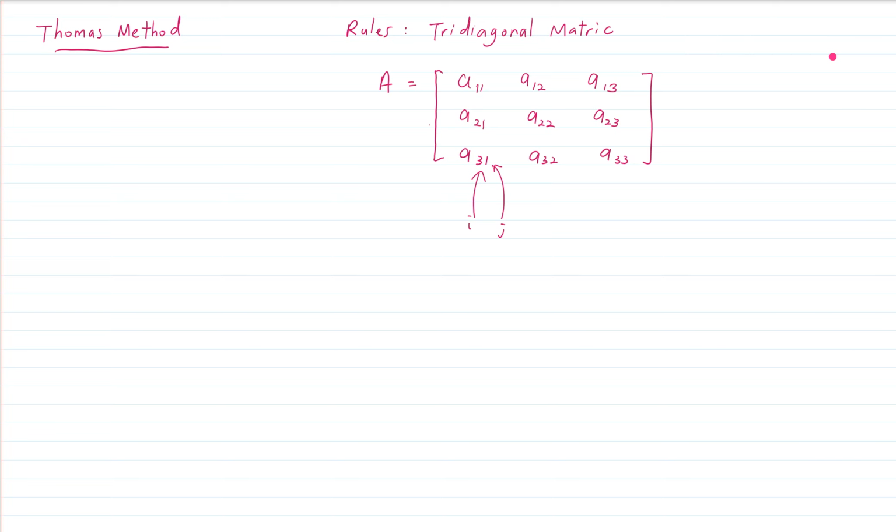Simply said, we can consider it a tridiagonal matrix if only three diagonal lines have a value. The rest is 0. For example,